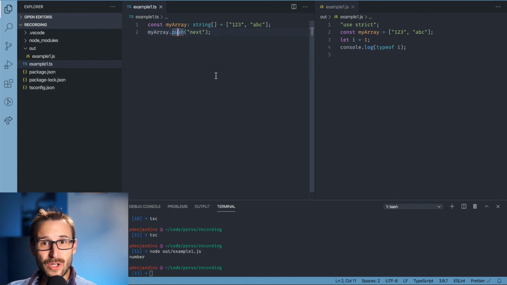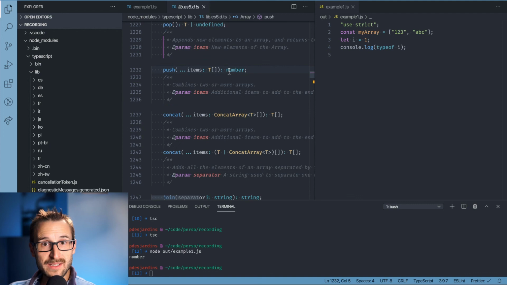At any time, you can press F12, which means go to the definition. It's a quick way to go to the definition file. A definition file is a .d.ts file that comes with a library written in JavaScript or the core ECMAScript libs. For example, pressing F12 on the push function will lead us to the lib.es5.d.ts because of the target chosen in the tsconfig.json file, to the push function, where we can read the comments